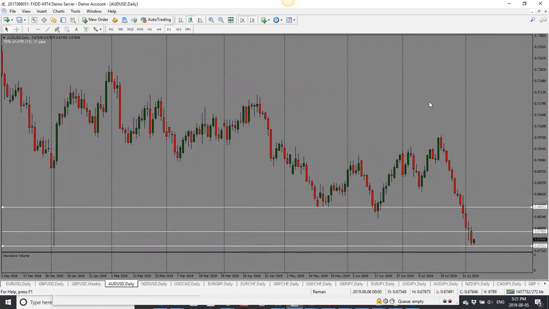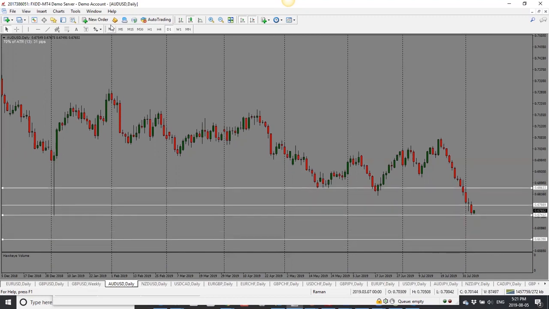Aussie dollar, we saw a drop in Aussie dollar, which is what I was saying earlier, because of China-US trade relations actually going bad. We have seen Australian dollar and New Zealand dollar drop. So based on the candle here, as well as what's going on in the market, bias is bearish